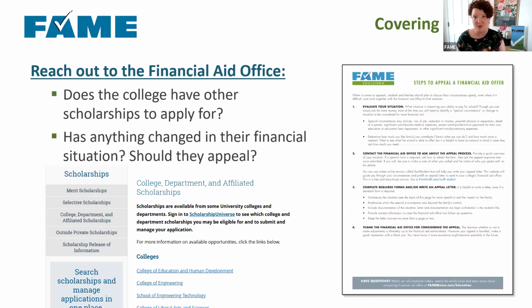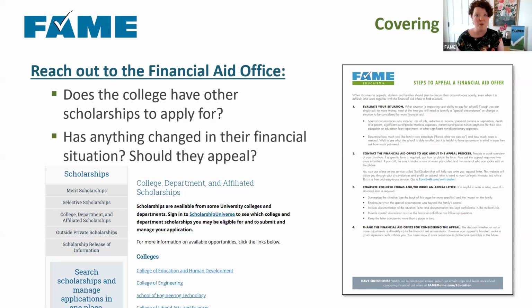The worst thing they can say to a student is no, and then the student is exactly where they started. They're not going to rescind the student's acceptance to their college. So that is something I would encourage students to do. I think May, once a student has committed to that school, is a great time to do that. But earlier, if students are trying to make that decision before May 1st and they want to appeal to a few different schools, they can absolutely do that as well.